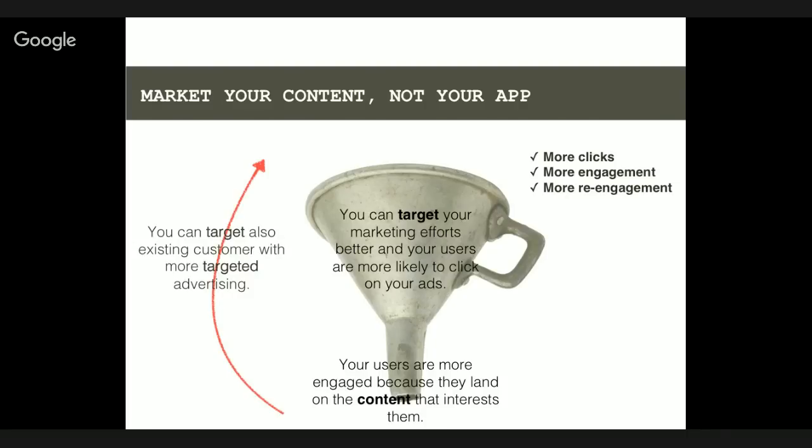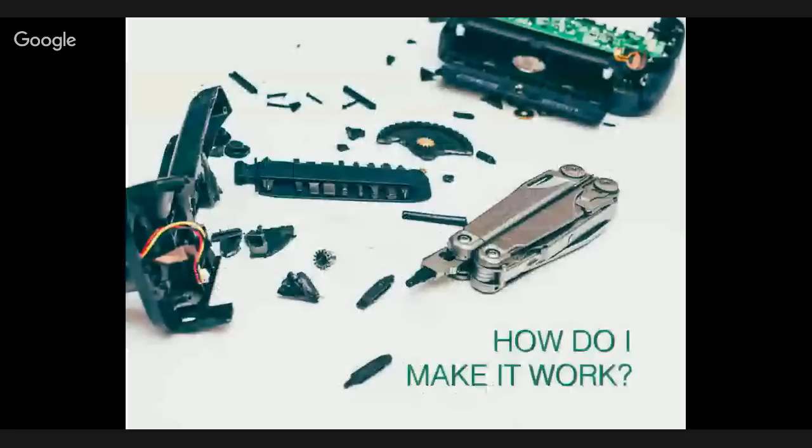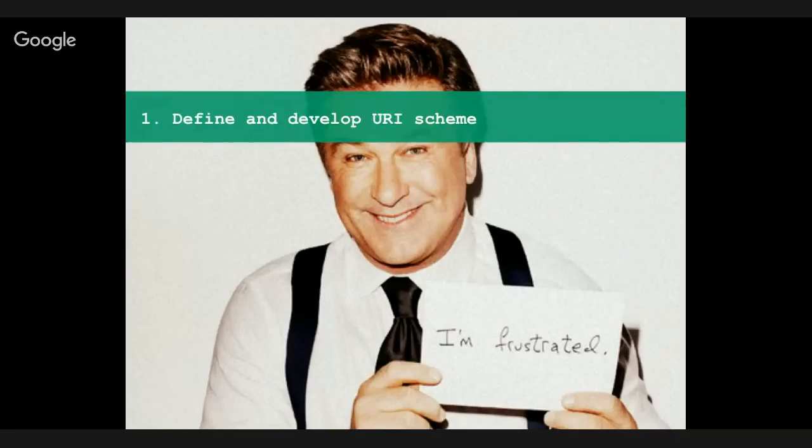So this all sounds amazing, right? And mobile deep linking really comes with so many benefits for your app marketing. But is it complicated to install? The answer is no. You can install mobile deep linking and deferred deep linking in 3 short steps. We start with the customer, a customer that's a little bit frustrated, and our goal is to get him a little bit less frustrated. So we start by defining